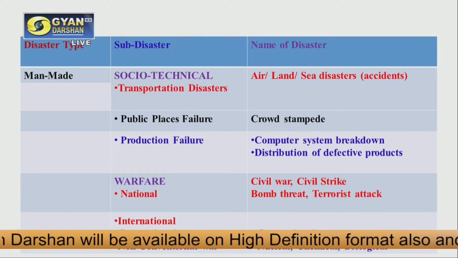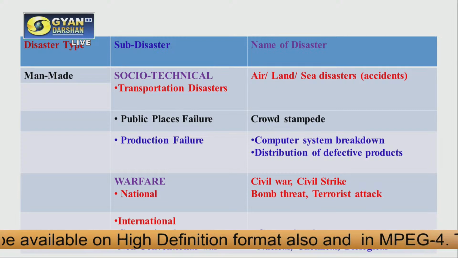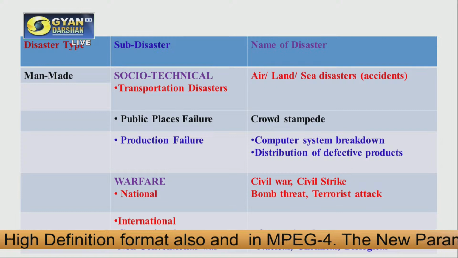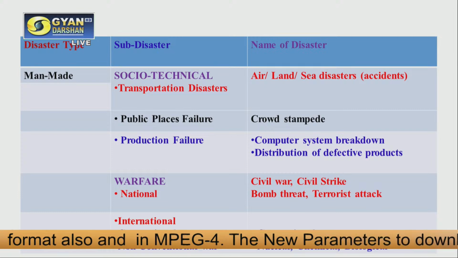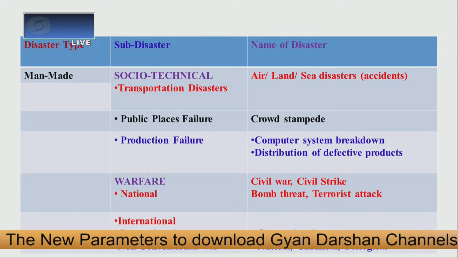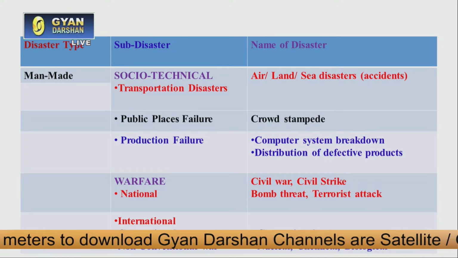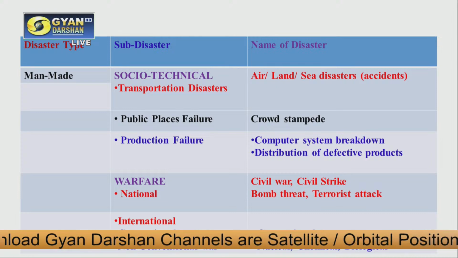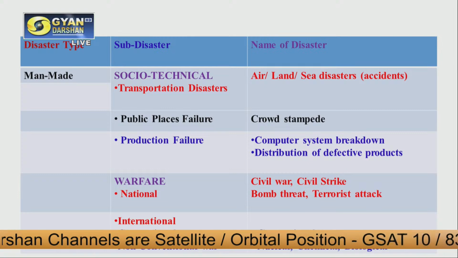Another category in warfare is the international level, in which we are considering the war between the armies of two different countries. And these international wars may be of two types, conventional and non-conventional. Conventional wars means when these wars are being fought using the conventional weapons. Whereas the non-conventional wars are the wars in which the nations may use non-conventional weapons.